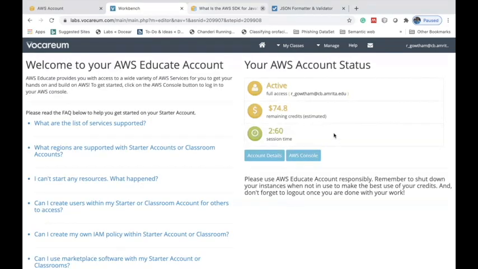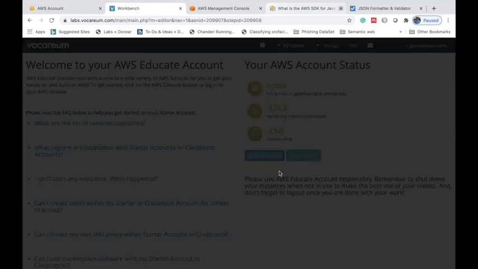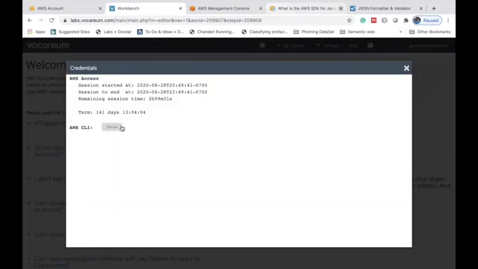Now usually we click on this AWS console to access AWS services, but for this particular class, click on Account Details. This will show you the settings to access your AWS from the CLI.